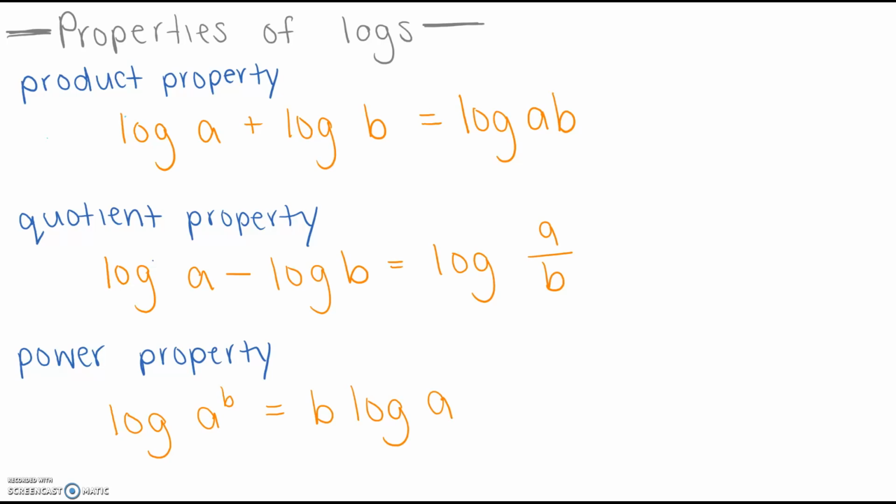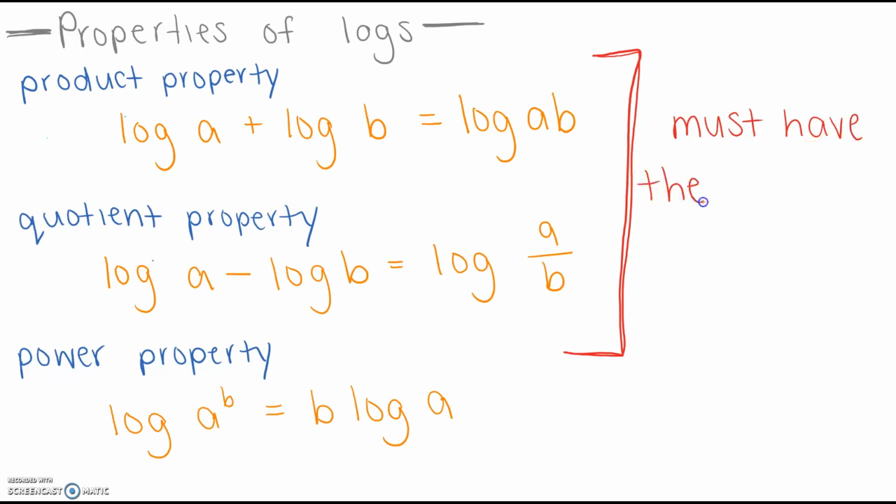What is important for the product and the quotient property is they must have the same base. So remember, since nothing is written, this is base 10. So since this one and this log both have a base 10, we can use the product property. Okay, so first example,